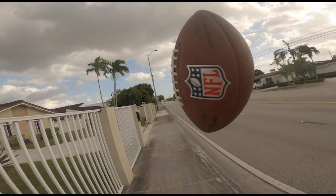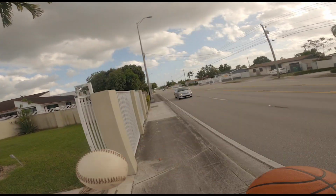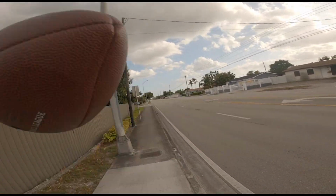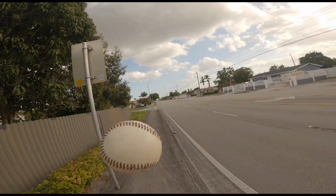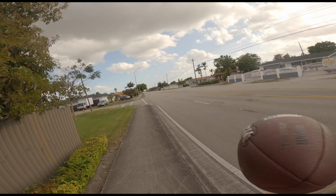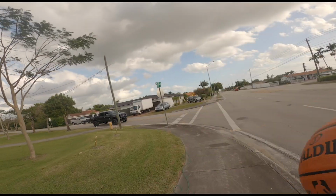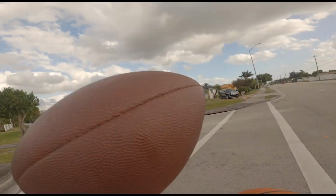because you can say that there are many ways to make running harder within itself. You can wear a weight vest, you can put on a parachute and use the resistance of that to make it harder. But one thing I love about this is the weight of the objects that I'm throwing around adds resistance within itself, of course. It makes it harder on my legs to drive forward and advance toward my destination. But